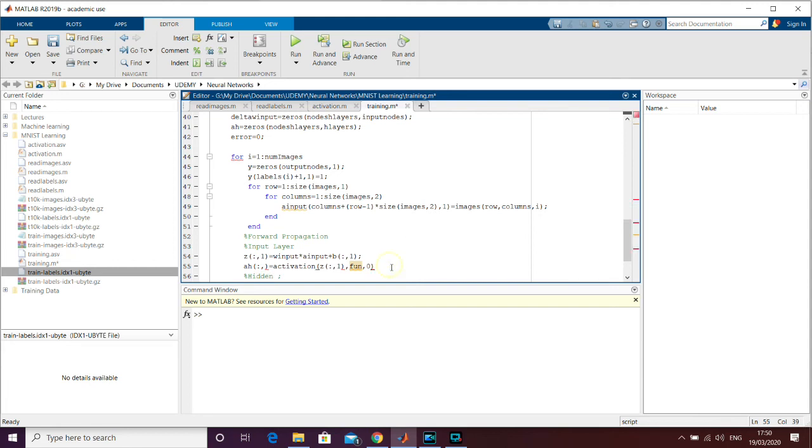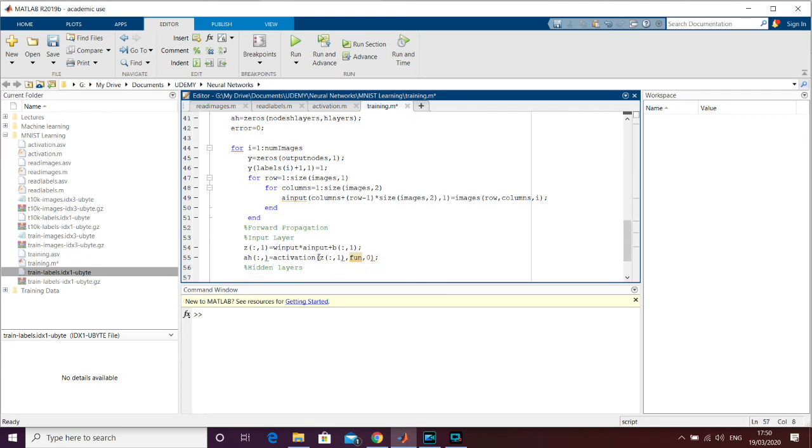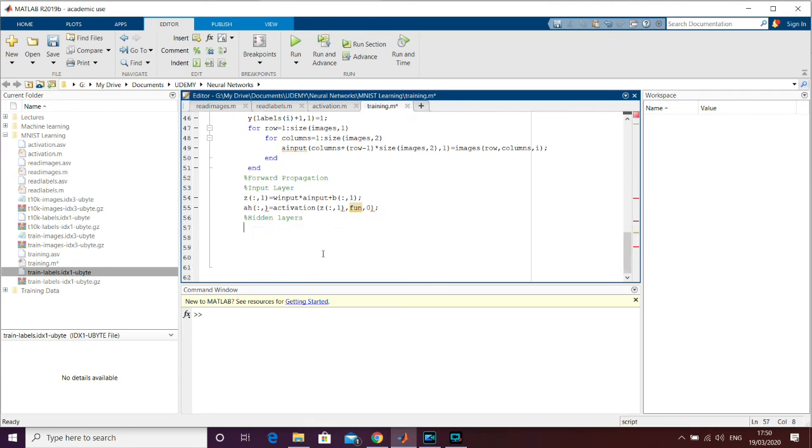Sorry, up the column here. Hidden layers. So that's going to be if there's more than one, because if there's only one, we don't need to do this. If there's only one, then we actually just calculated it here. We don't need to do any more calculations. Now, as you remember, we only have W input and W output. We don't have any other weights to look at. But if there's more than one,